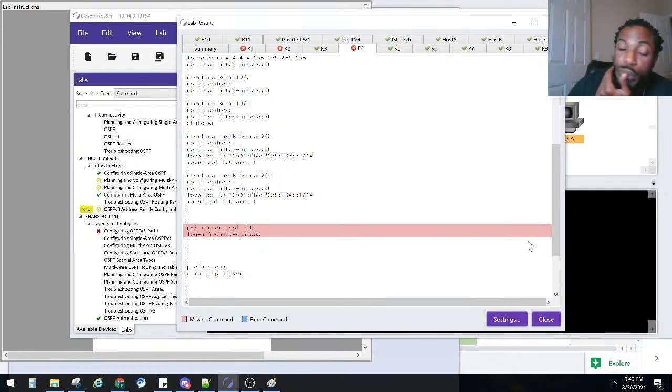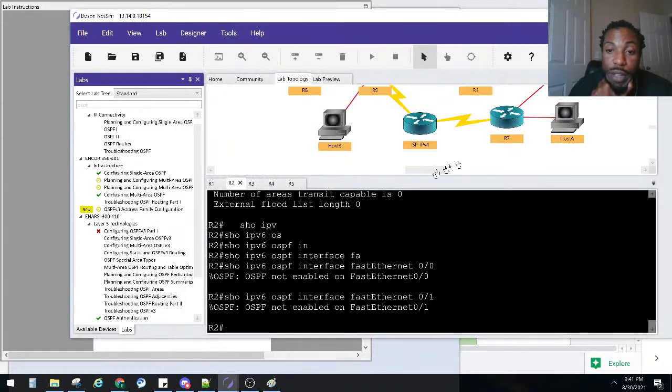We got Morning Star Ability. Appreciate you for tuning in. We're just doing OSPF version 3, which is basically the IPv6 version of OSPF. We're wrapping it up here. I'm just kind of